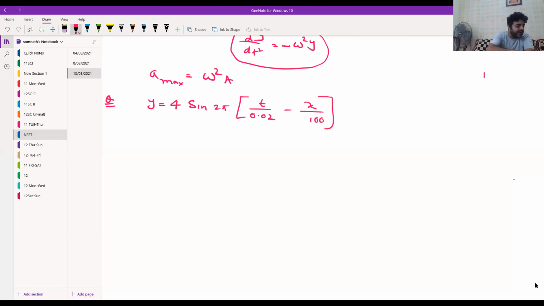The equation for the displacement of a straight string is given by the above formula, where y and x are in centimeter and t is in second. Determine number one,